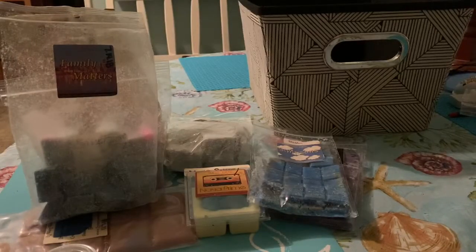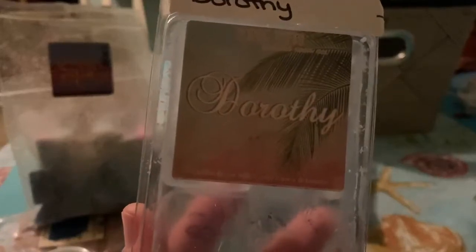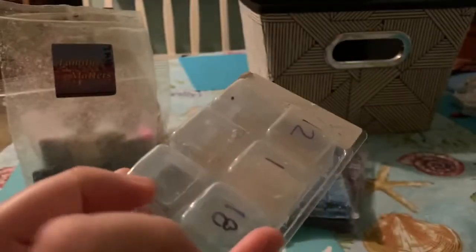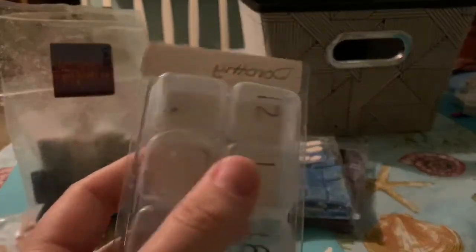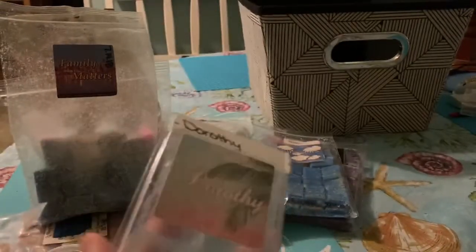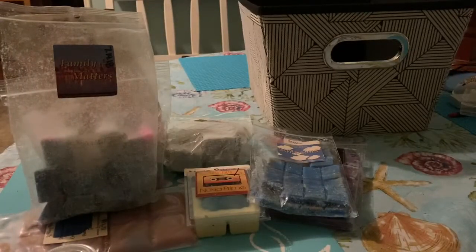A surprise favorite. Another one that I finished is Dorothy, and this one's Cactus and Sea Salt, Camu Camu, and Guava. So I went ahead and finished this. It is from 2018, but it is really soft. I'm really getting out of the clamshells because of this. I do have a bar bag of this coming. That's why I wanted to finish it. This was so good. This is a very nice fresh scent. I love her Cactus and Sea Salt, and you add those fruity blends, and it's just really a nice fresh